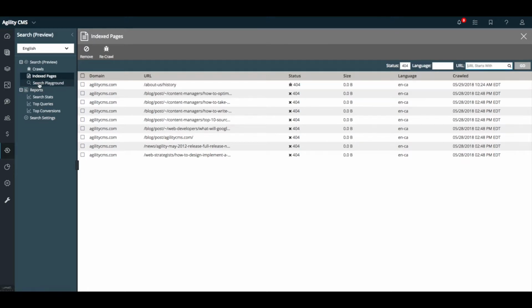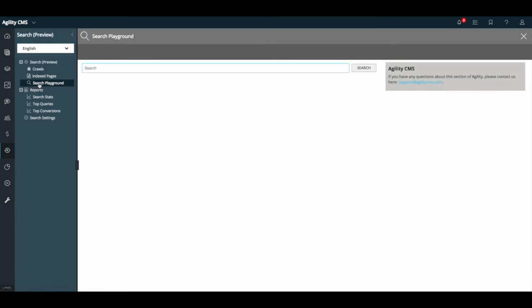Continuing on down through, we've got what's called the search playground, and this is a really cool, basically simulation of the search bar that's on your website, and it's going to give you the default functionality that we provide. There's a backend API for developers for this, but by default you literally drop this search bar onto the site and you get some stuff. And of course, the first thing I like to do is Google my own name, because that's always fun. So it brings up some stuff on the site that's from me. I'm going to click on that, and now I'm going to click enter,